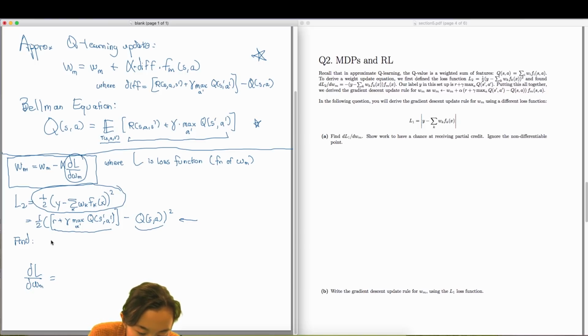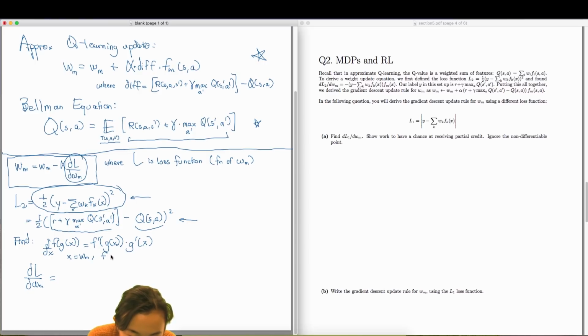If you recall, the chain rule just says this: if you want to take the derivative of f of g of x with respect to x, then that's the same as taking the derivative of f with respect to g times the derivative of g with respect to x. In this scenario, our x is the Wm,